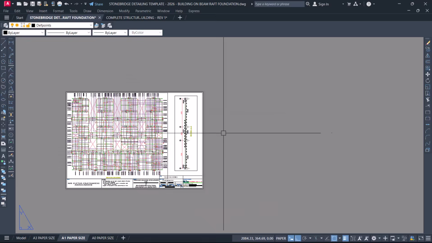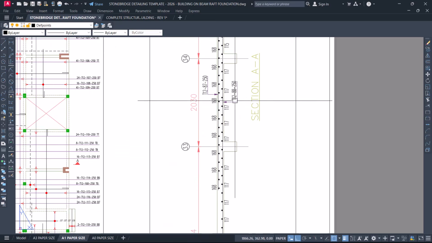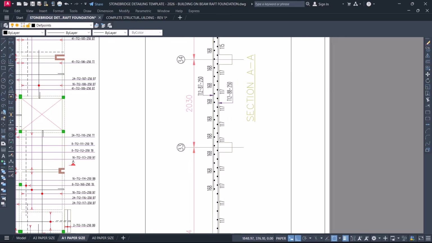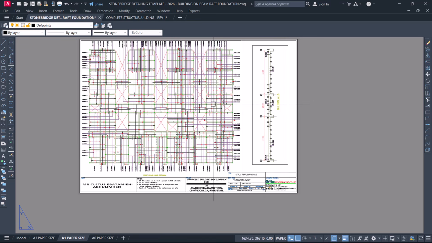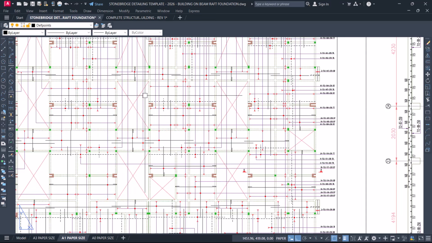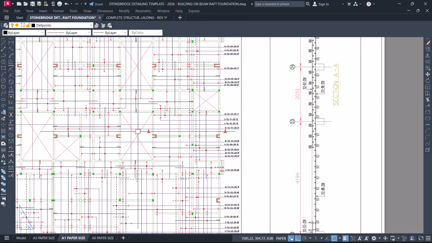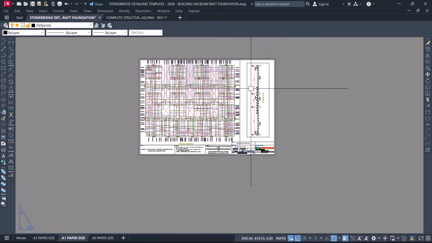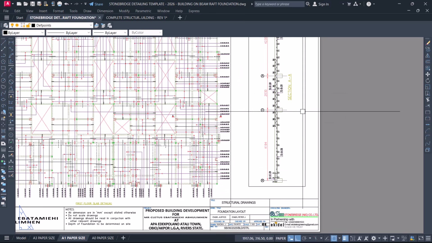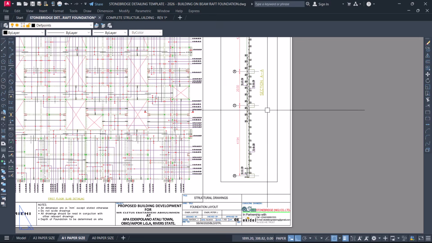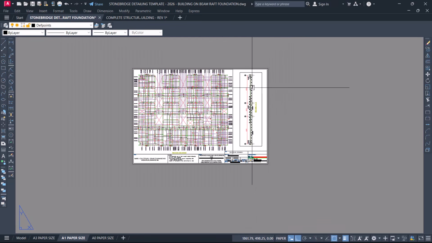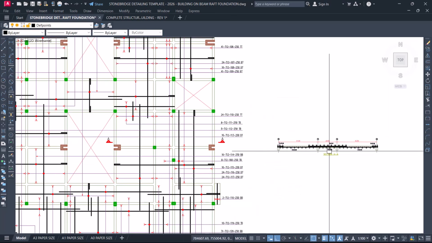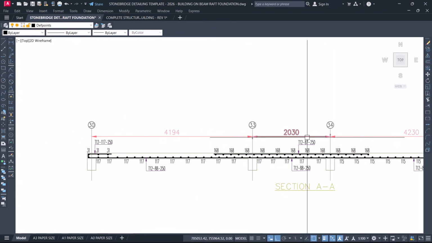Okay, showing this section AA now is this place here. Normally it was meant to fall in this direction, but because we don't have space here for it to be visible, we now turned it. Okay, that is fine. Now if you look at the plan view, it is still showing how it was normally showing. That is on the model view, but on our A1 paper size, we have chosen to rotate it here. So you can see that you can just twist how you want it to appear